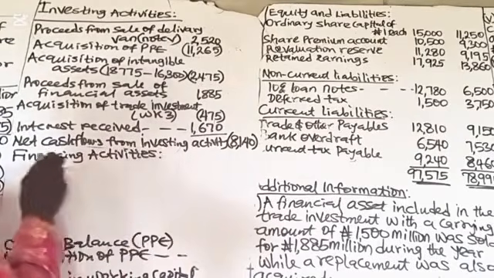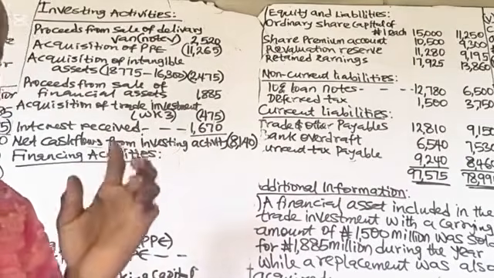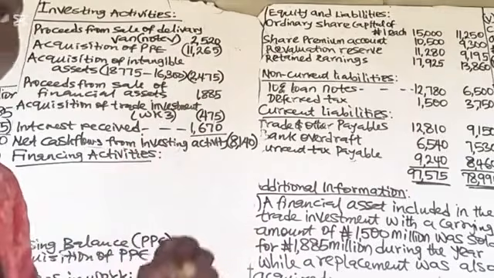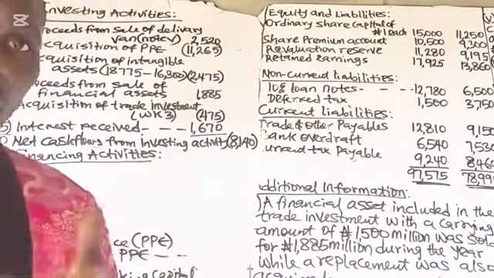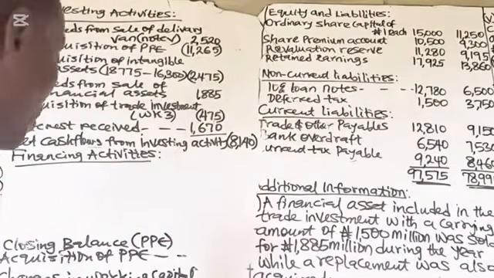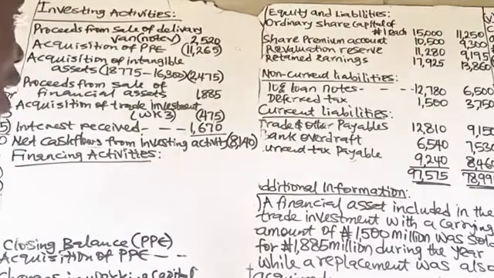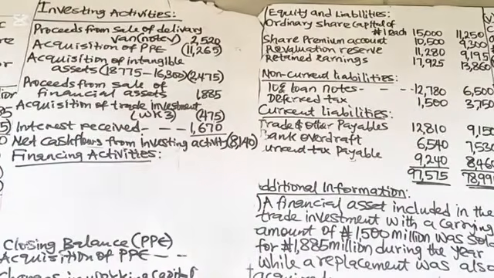I've told you that whenever you get to this section of the statement of cash flows, you should check two things. Number one is equity, and the second one is the non-current liabilities, that is borrowings. You should always check the non-current liability section of the statement of cash flows. Now, if you look at the equity section of the statement of cash flows, you have the ordinary share capital